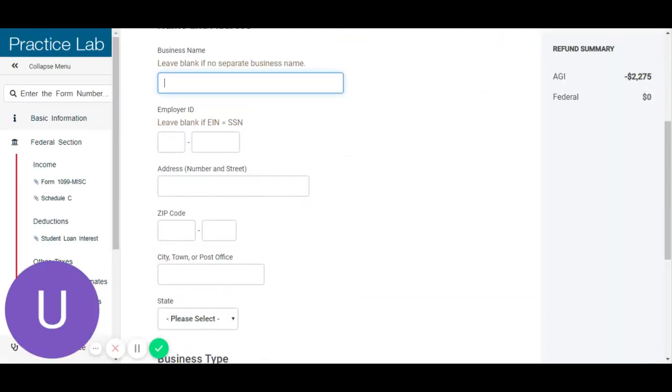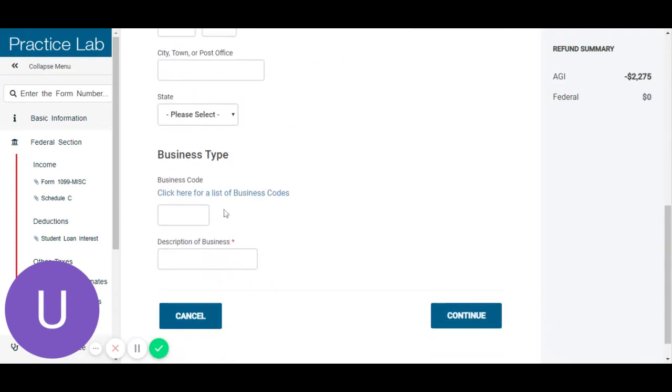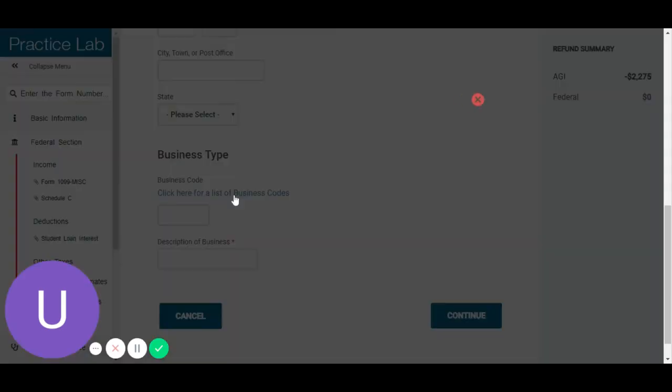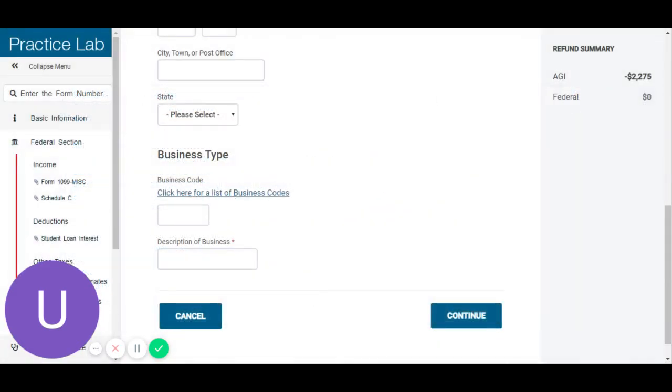So he doesn't have a business name. He also hasn't registered to get an employer identification number. So he's just using a social security number to run this business. The next step on this page is to go ahead and enter the business type. If you don't know the business type, you'll click there and then get a long list of business codes and try and find the code that matches their business the closest, or look for what it was coded as last year. So in this case, we do know his business code, and it's